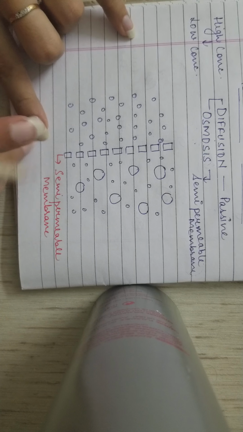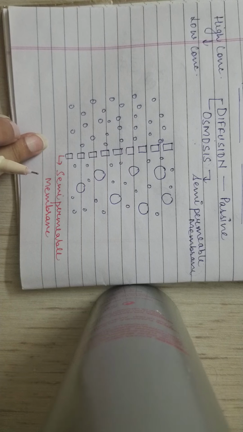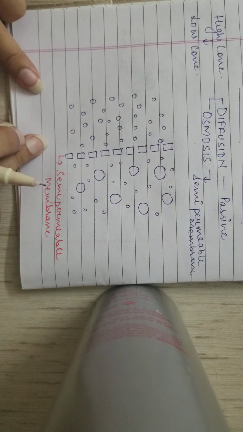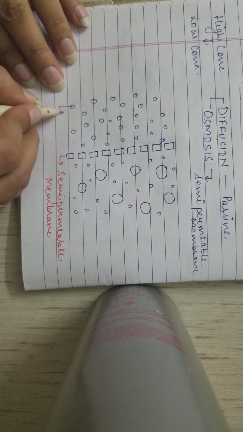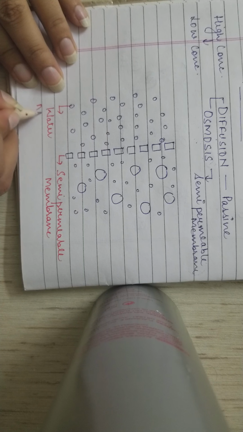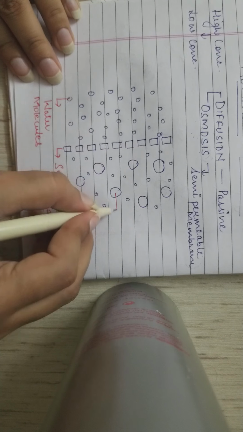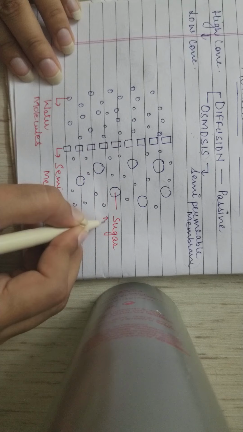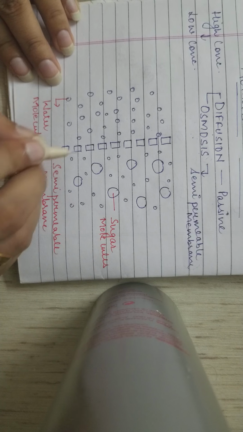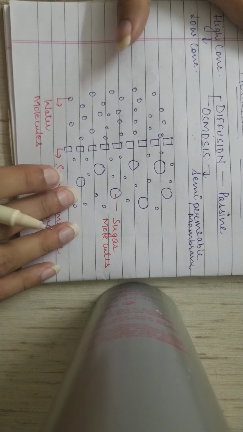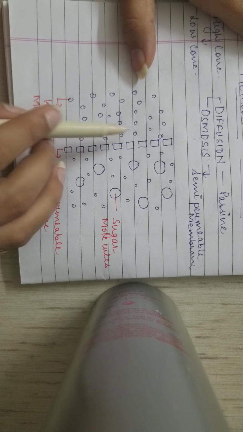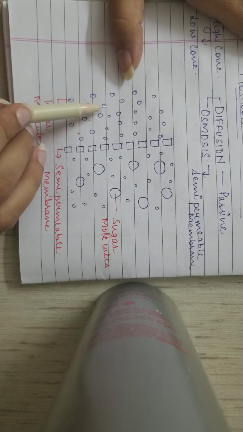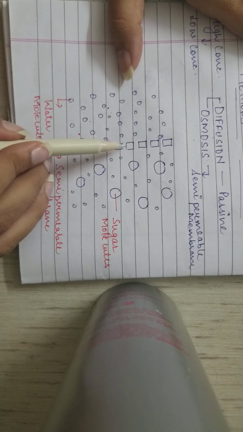Now this semi-permeable membrane is present in the root hairs, the cell membrane acts as the semi-permeable membrane. These small molecules which are shown are the water molecules, and these bigger molecules are the sugar molecules. Now what will happen is, you will see that there is more concentration of water here. Now as there is more concentration of water, these water molecules can pass through these pores which are present